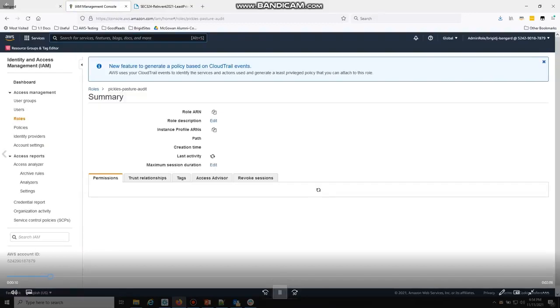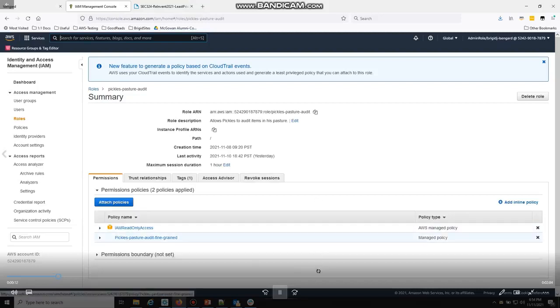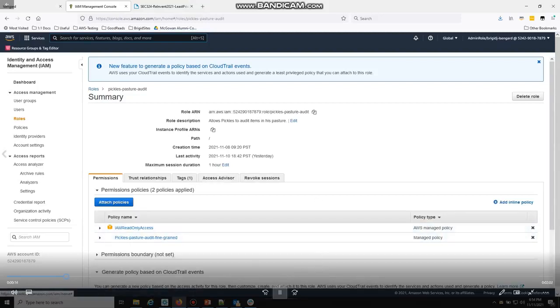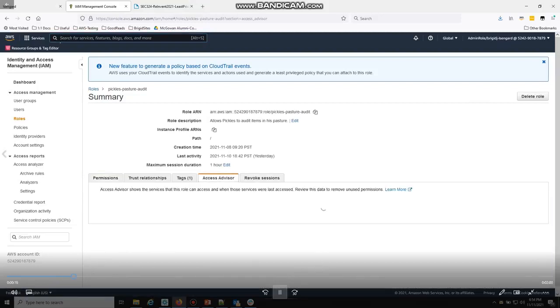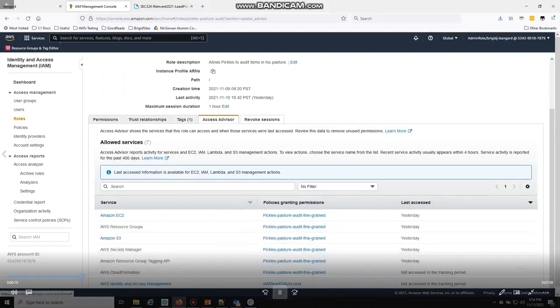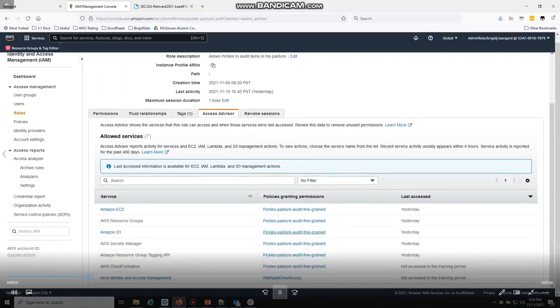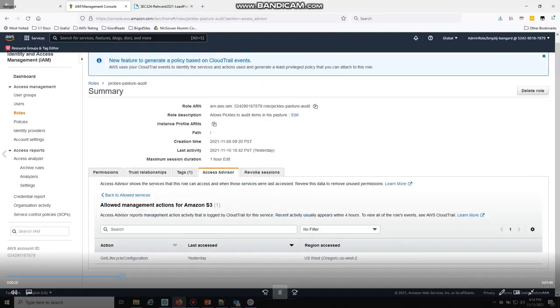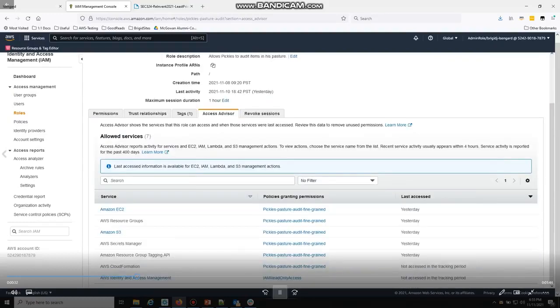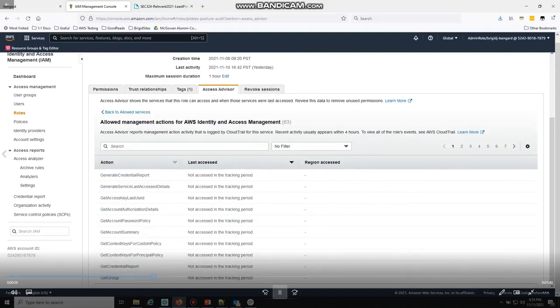audit role. And if I look at the permissions, I have my fine-grained attached, but somehow this IAM read-only access got attached. And I want to look and see, okay, the IAM access is coming from the read-only access, and it hasn't been accessed. CloudFormation also hasn't been accessed. I want to dig into S3 and just make sure that everything that's granted is also used, which was the case. So that's good. And I could do the same for EC2, and I can also do the same for